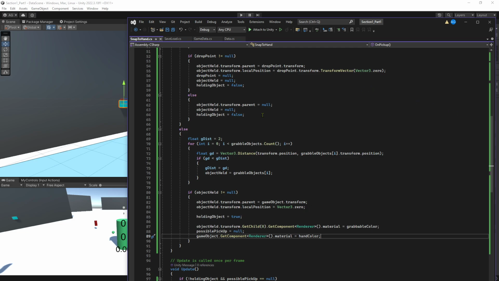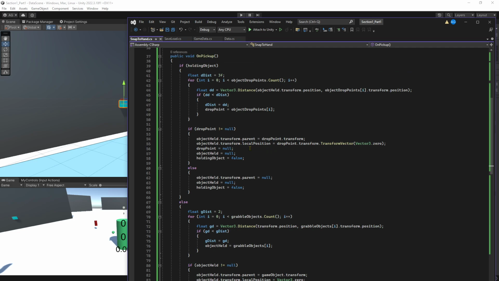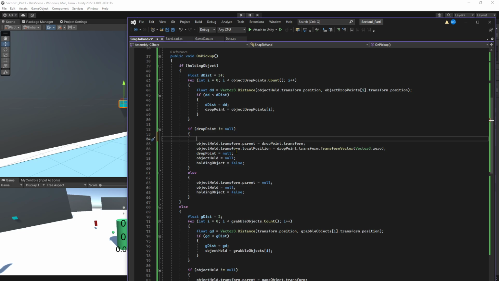and if the drop point doesn't equal null, we're going to go ahead and add this before. And the reason for this is because we actually are going to use the object held. And when we set object held to null, all of a sudden we lose any ability to interact with it. So we're going to put this